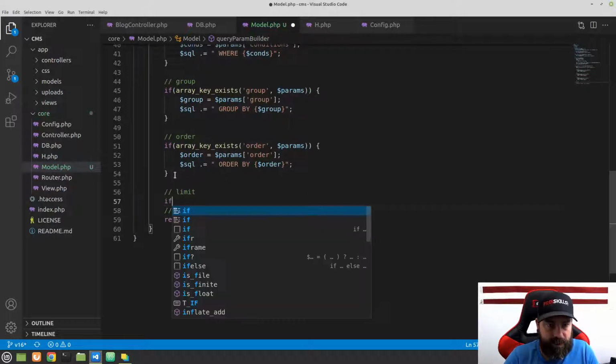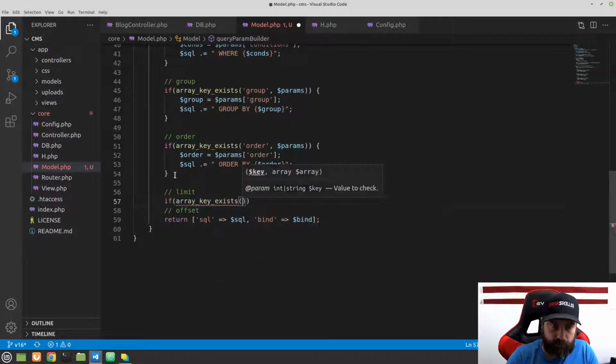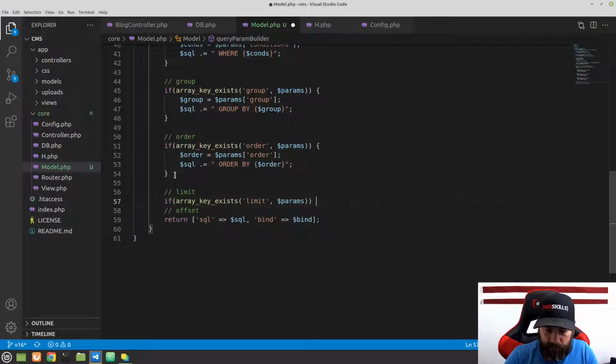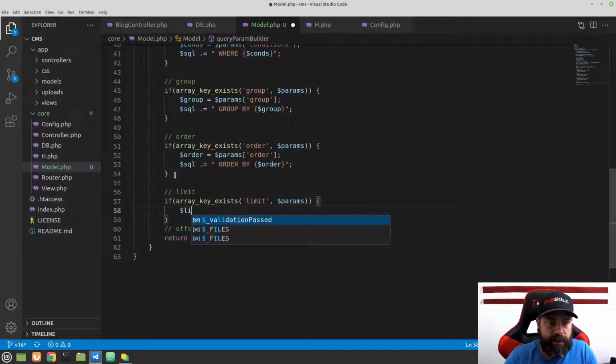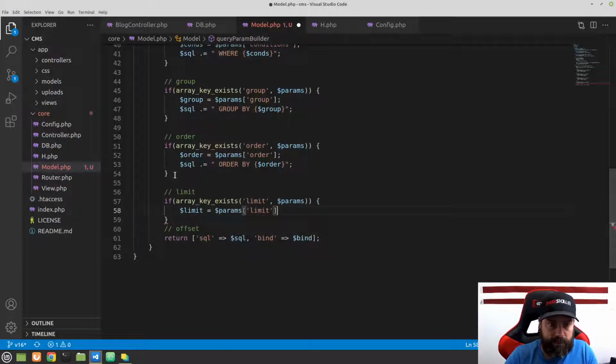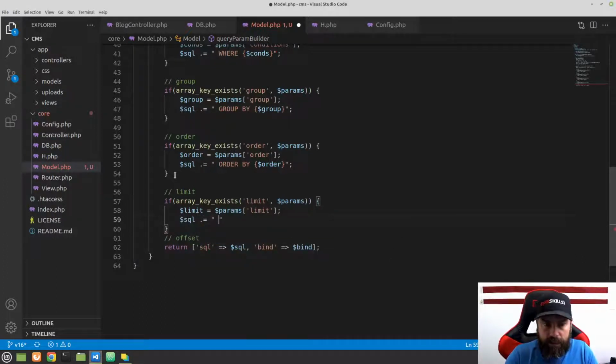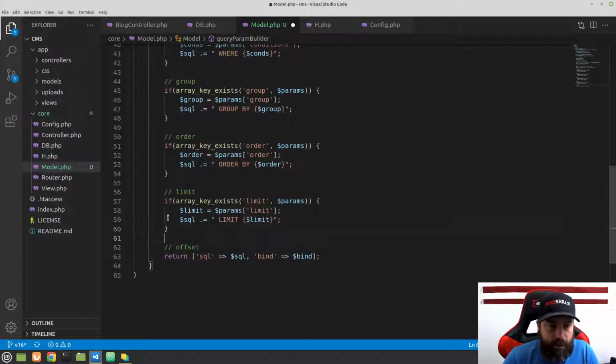So here for the limit, we'll say if array key exists, limit, and then we're going to look in the params there. And again, limit will just be equal to params limit. And then our SQL is going to concatenate on space, and then we'll type the word LIMIT and then limit. So see, this isn't too complex yet, but you can imagine how we can use this to build up our queries